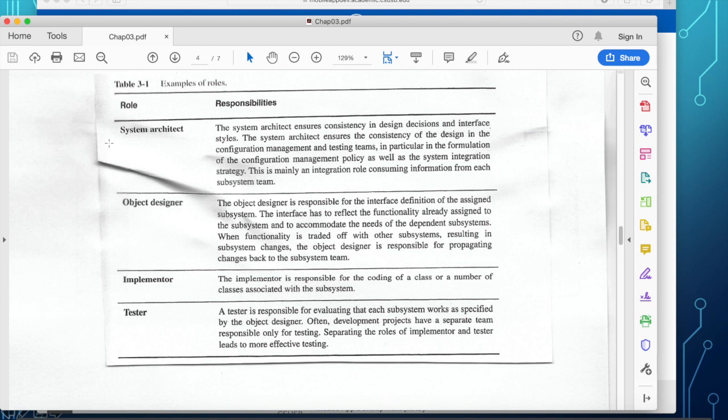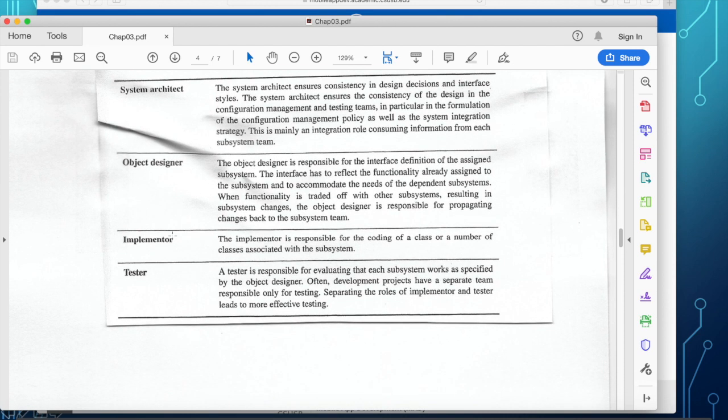So the architect is the overall design, the object designer is the actual implementation of the design based on specific data. So the object designer is also very important, but maybe second in importance to the system architect.